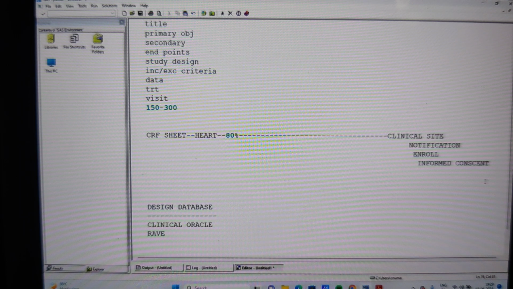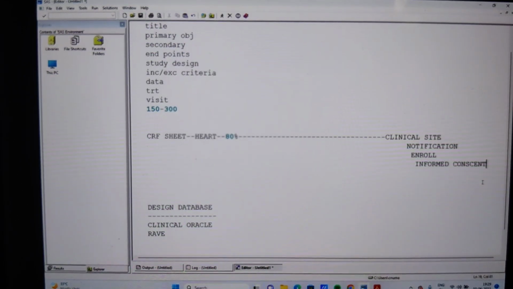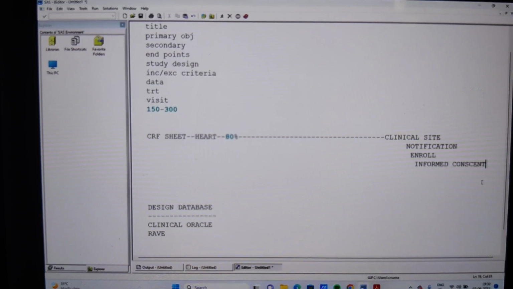Informed consent is a very important document. It is a private document. Anybody who wants to be involved in a clinical trial has to sign the informed consent. Only then are we going to start the screening procedure. What is informed consent? In informed consent, there is a text saying that I myself voluntarily am involving in this clinical trial. Nobody is forcing me, and nobody is asking me to get involved. I myself am getting involved in this clinical trial. Understand this? You have to sign the informed consent in order to get involved in the clinical trial.